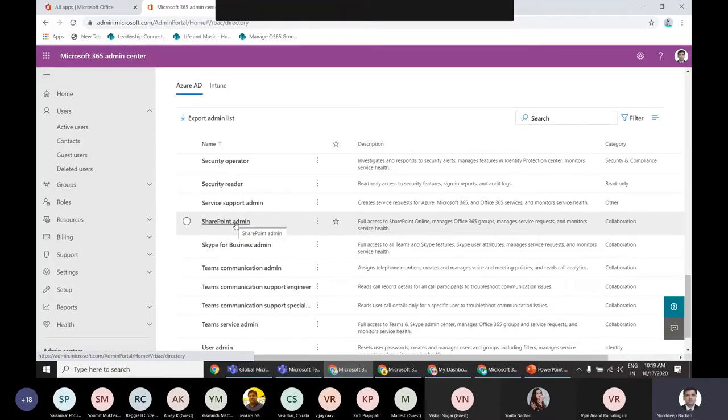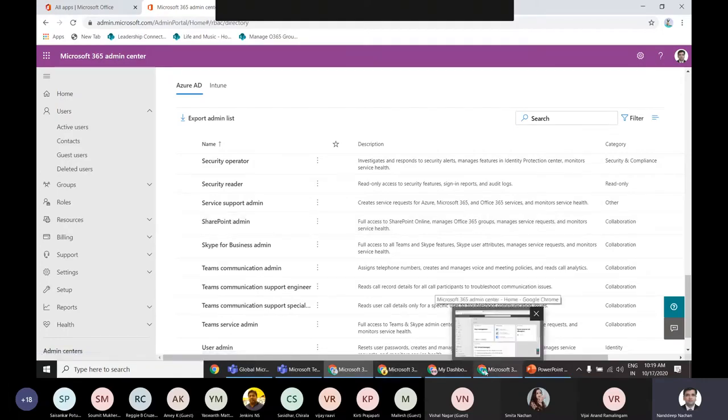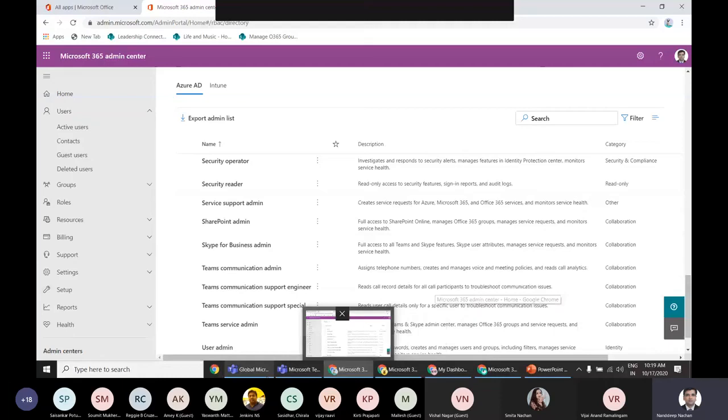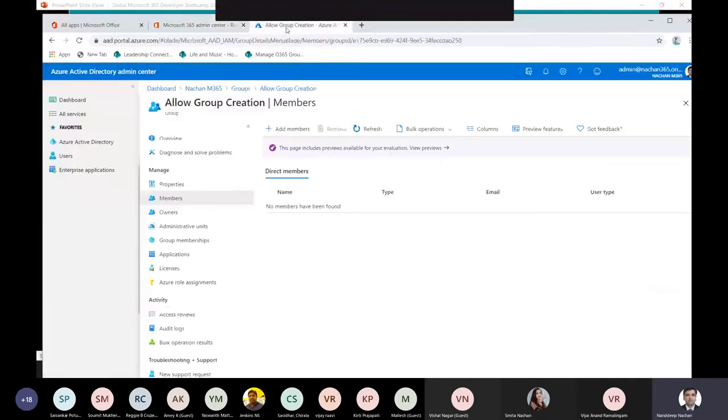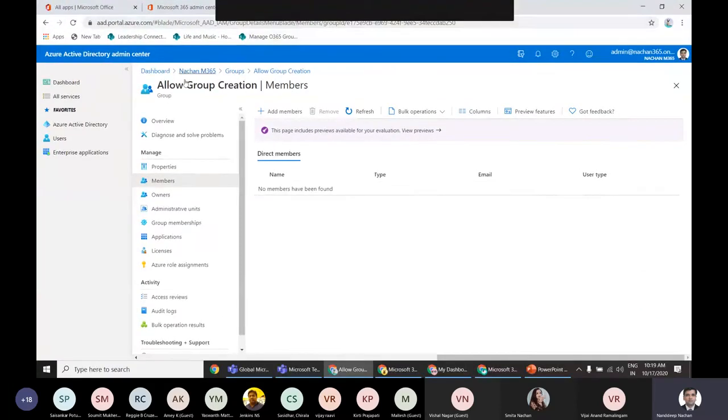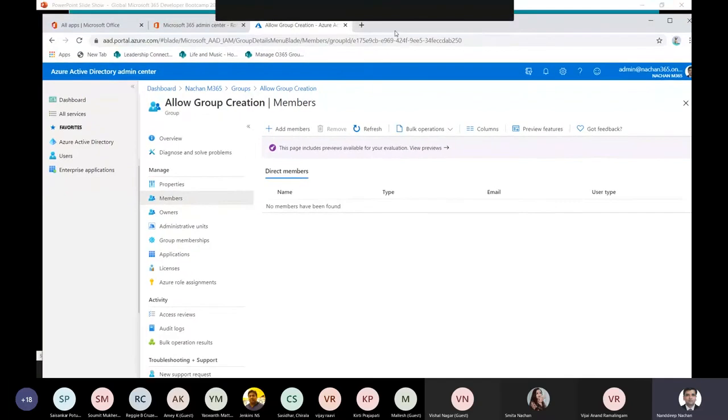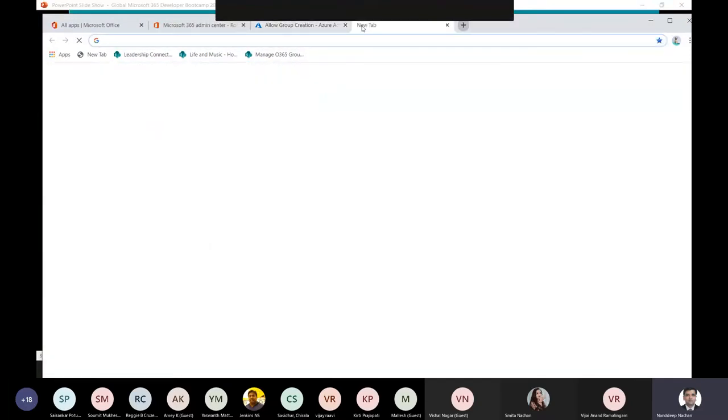The second thing, which is again related to RBAC, is that let's say we have those groups created, but instead of controlling from that group, we want to control everything from our role. In that case we can go back to the Azure portal. This is just the AAD portal, so let me go to portal.azure.com.